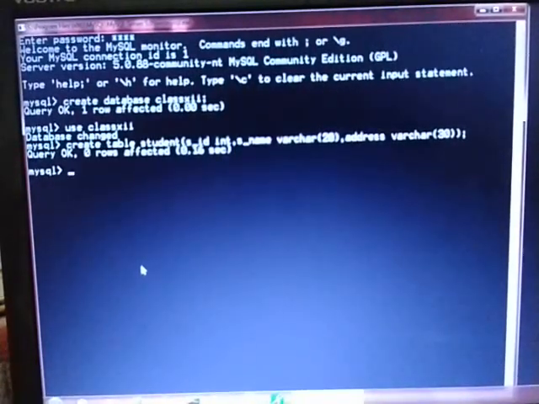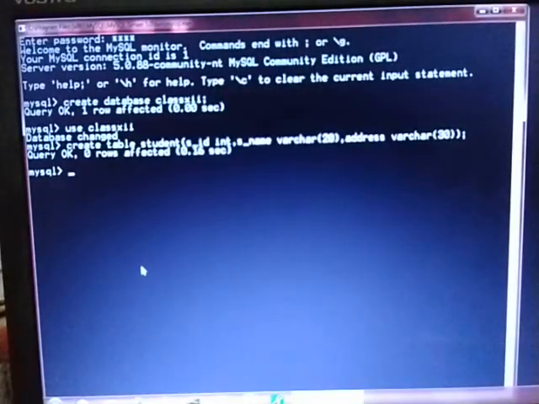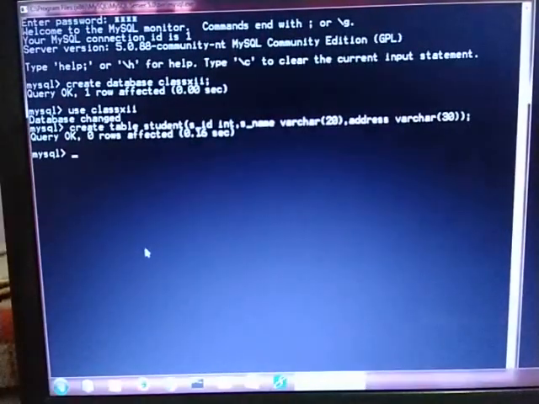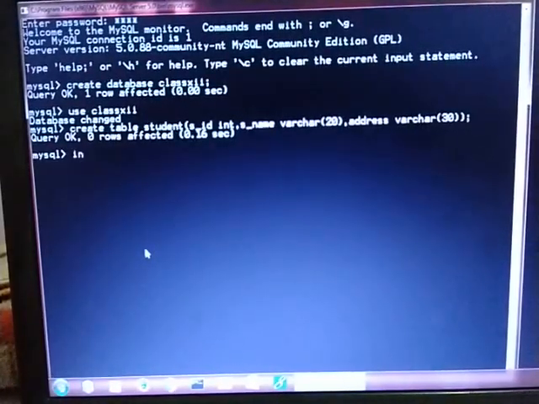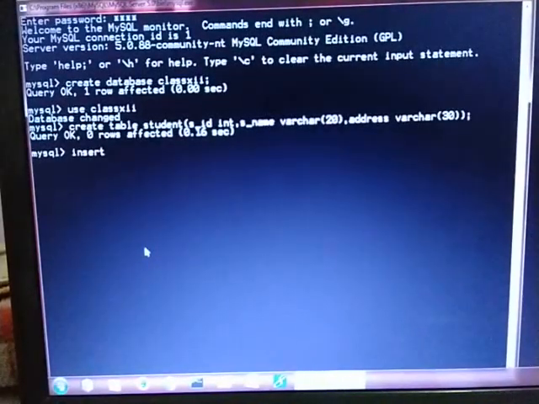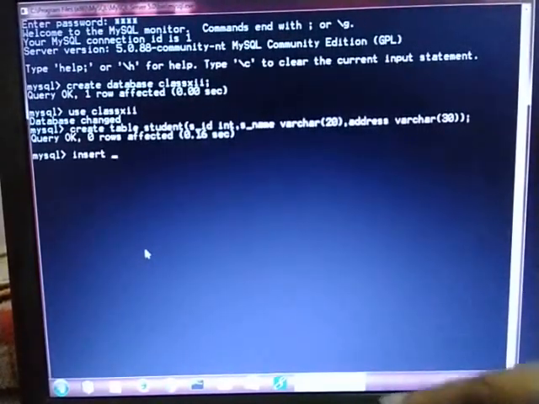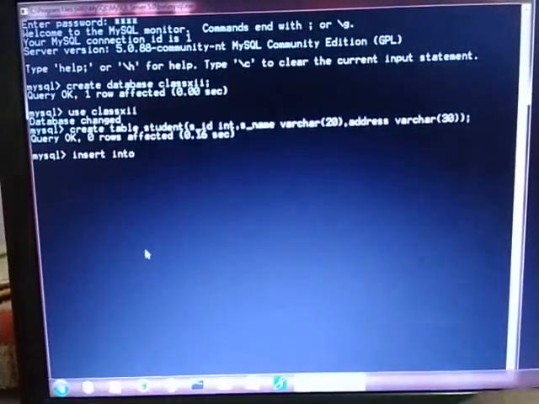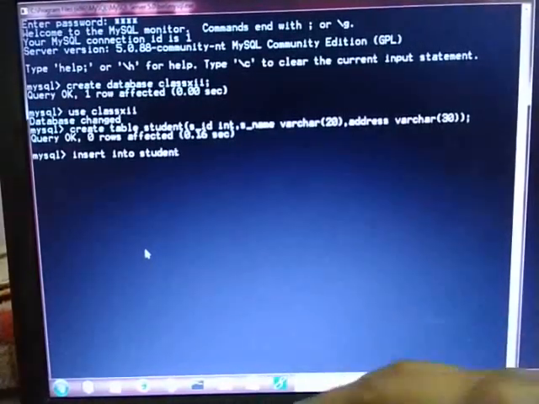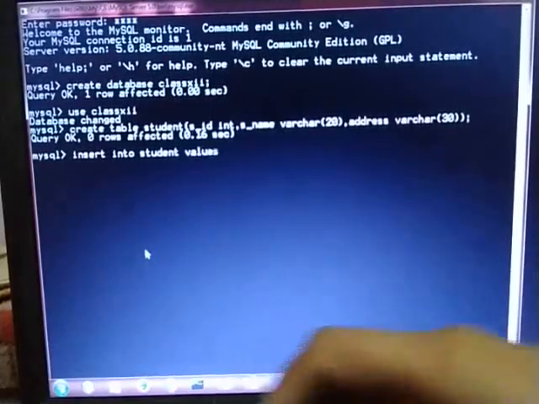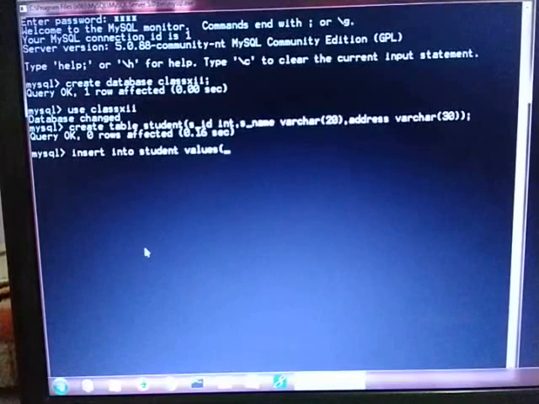So next, after creating a table, I just want to insert some records. How will I insert the record? For inserting the record, I have to write the insert command. The insert command is a part of which, DDL or DML? Of course it is DML, because we are going to manipulate the data in the table now. So I will write insert into, then the table name, my table name is student, then values, and now I have to write the values.